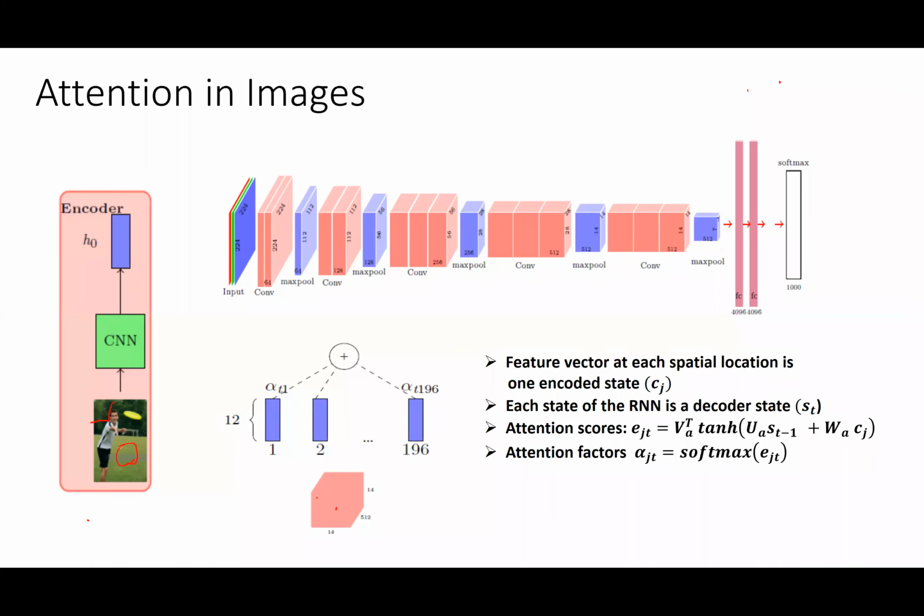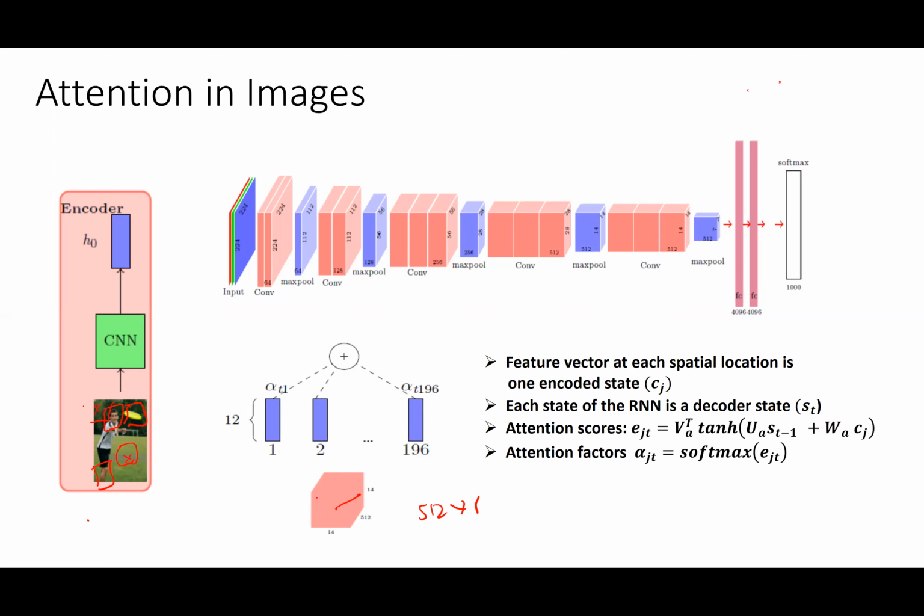Among these different regions, among these different feature vectors, each feature vector is 512 cross 1. Which feature vector is more important for making the subsequent decision for image captioning is the question posed in attention. So for example, this region's feature vectors may be more important, this is more important, and this also may be more important. And these are not very important.